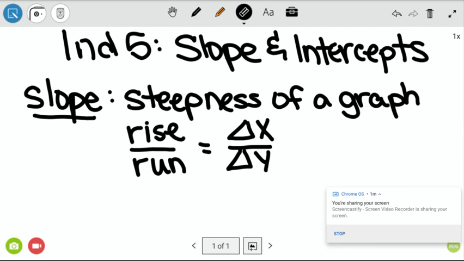So you'll hear change in Y over change in X. I have lost my mind, kids. Switch that. Change in Y over change in X. Y is always the rise. And then the formula,